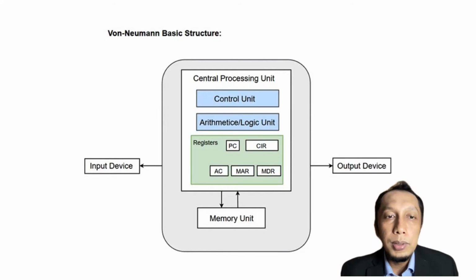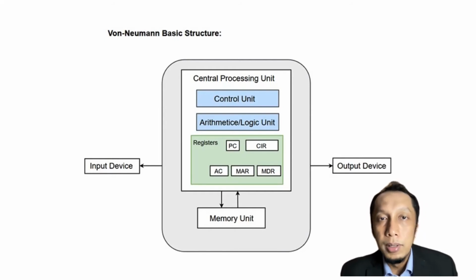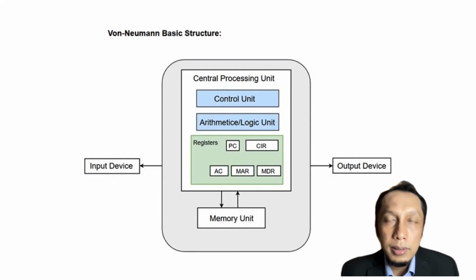For example, in a computer, we can use a keyboard as an input. We can also use a microphone as an input. We can also use our mouse or our camera as an input. Those will convert everything into binary code to be processed in the central processing unit, and then the data is stored in the memory unit. After that, everything is sent to the output device. In a computer, the output device can be your screen. It can also be your speaker. It can also be an LCD projector or a printer and so on and so forth.